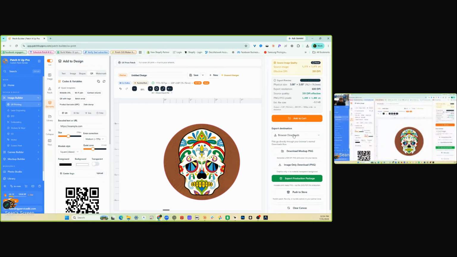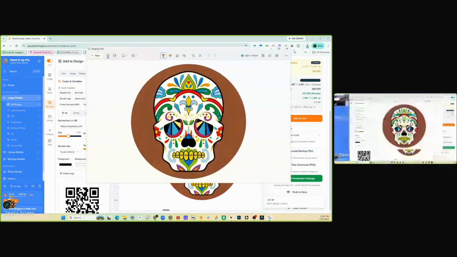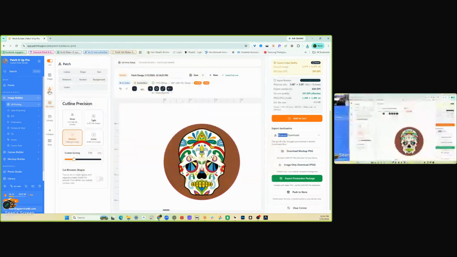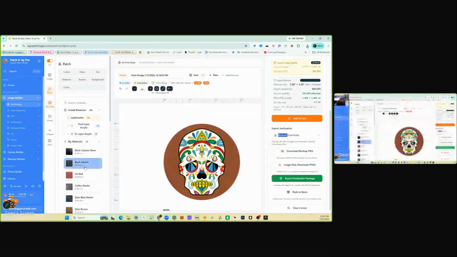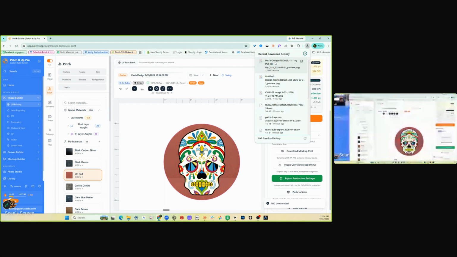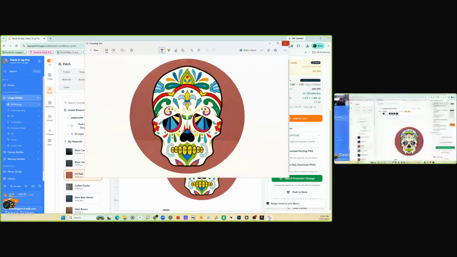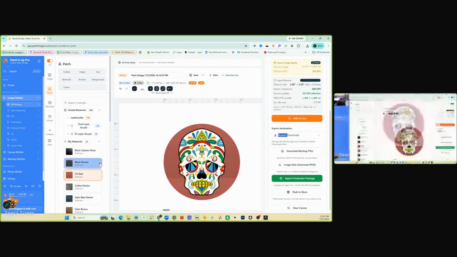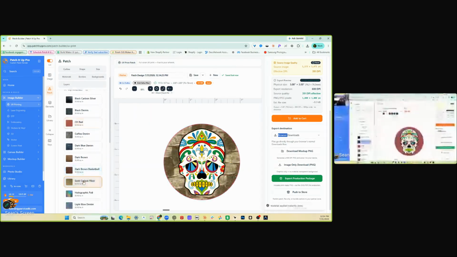So from here, if you wanted to download to a certain place, you click here. This is if you just want to add it to a cart and charge someone. This is if you want to download the full mock-up, the background and everything. It's going to give you a file to send your customer. You can literally switch. They're like, hey, I want to see it in champion red. There's this color. Download mock-up. Send them that just like that, without having to redesign or do anything. Some of these, the background's a little better than others, but